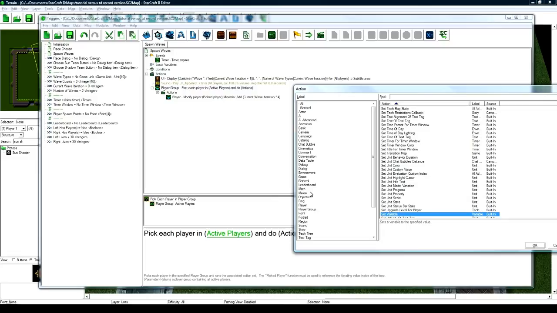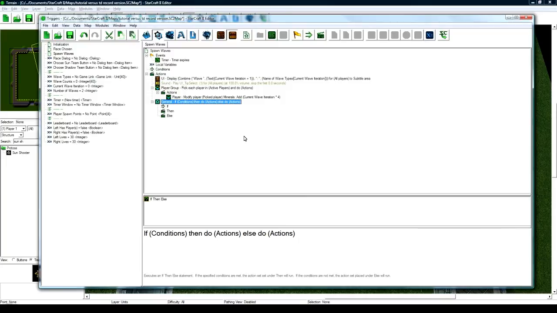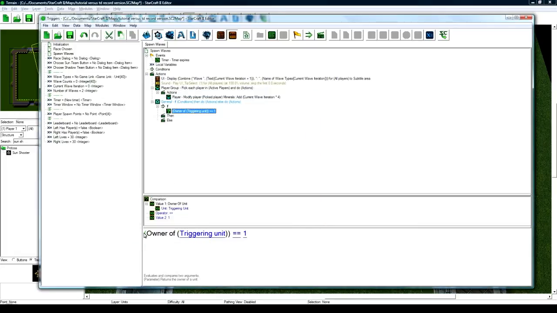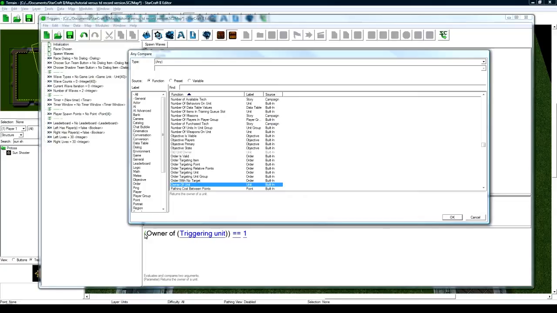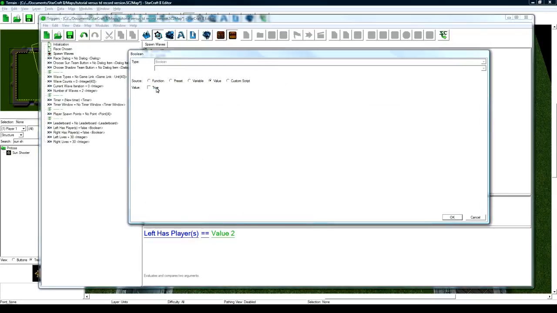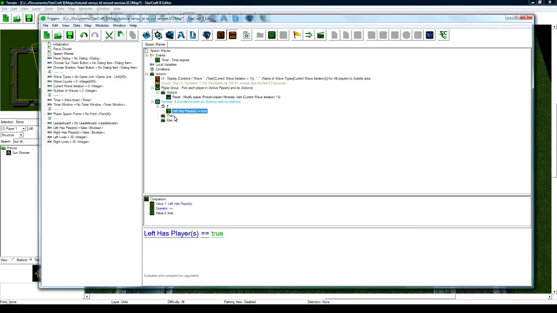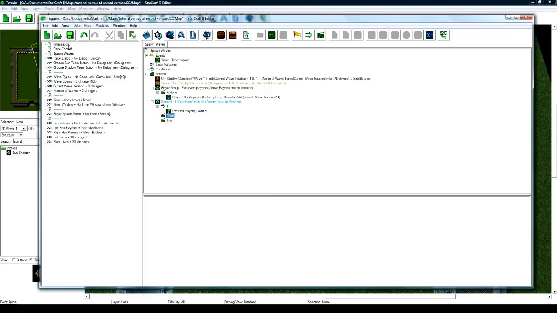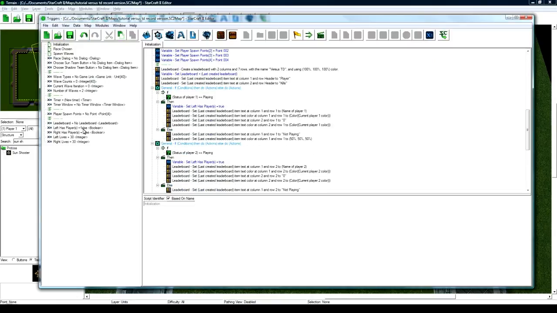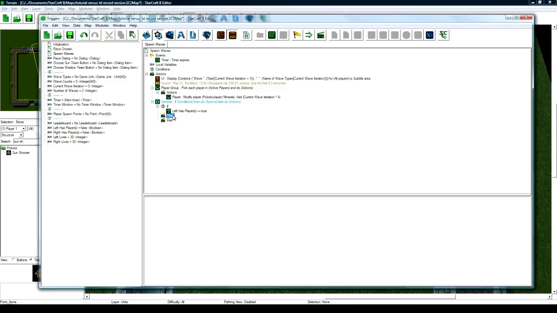And the next action that we want to do in the trigger is general if then else. And what we're going to do now is check if the left side has players, and then if so, we're going to spawn the units. So if condition comparison, okay, click on the left bracket of owner of triggering unit. And we're going to check variable, check variable at the top, left has players. Equals value 2, change that to true. So if the left has players equals true, which would have happened in the start here if it detected player 1 or 2, it would have set it to true because it's initially false. So the left side is players, then we're going to,